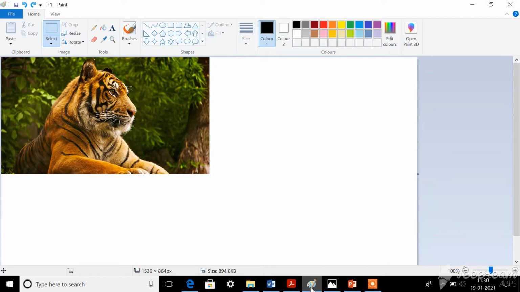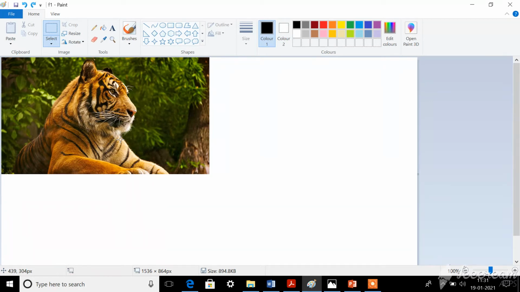Okay, then in the previous class we have learned how to insert an image in Paint, isn't it? Now, are you able to see an image here in this application? What are you seeing in this image?